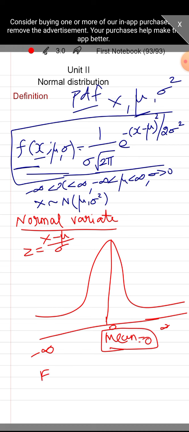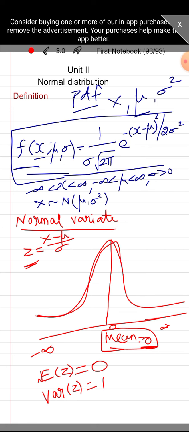So expectation of z is nothing but 0. ஏன்னா நம்ம மீன் வந்து 0 அப்படின்னு எடுத்து தானே செய்கிறோம். ஸோ அப்போ expectation is nothing but mean, average, whatever it may be. So expectation of z is 0 and variance of z is 1. So this z is said to be a normal variate. So this is the purpose of finding the values. Okay, so இந்த கிராஃபில் நமக்கு என்ன வேல்யூஸ் வேணுமோ அந்த வேல்யூஸை வந்து நம்ம நார்மல் வேரியேட்டுக்கு கன்வெர்ட் பண்ணிவிட்டு நம்ம வந்து ஃபைண்ட் பண்ணுவோம். ஓகே,